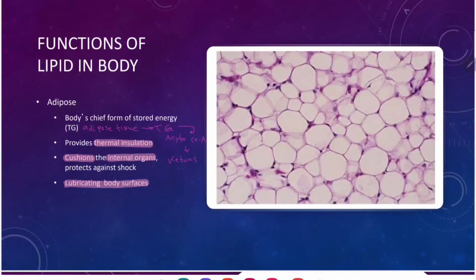Functions of lipid in body. Adipose. Body's chief form of stored energy as triglyceride. Then the adipose tissue would be converted to triglyceride, then acetyl-CoA, then ketones as we mentioned. Provides thermal isolation. الأديبوز tissue هي اللي توفر لنا العزل الحراري واللي تشعر الشخص بالدفء. Cushions of internal organs and